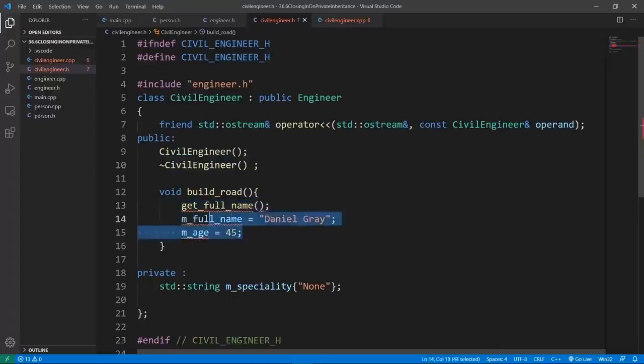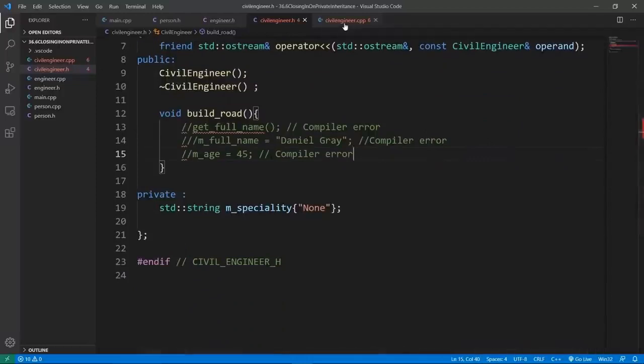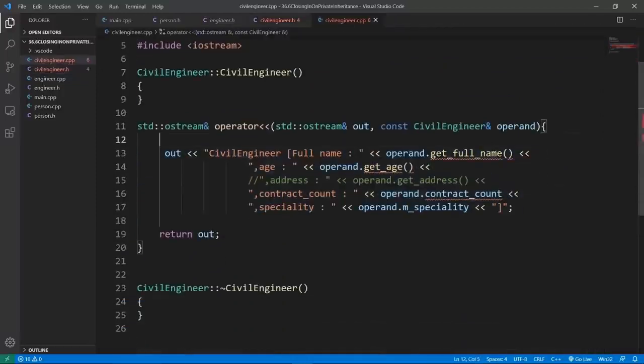So let's take these out and show you that even if we can't access these guys, they are still part of our CivilEngineer class, and we're going to use a debugger to do that. I am going to take out these things, or I can comment them out and say that they are going to give you compiler errors. I think this is going to be more descriptive. So let's say compiler error, and access to the age is also going to give you a compiler error. And we're going to go down and show you that we're also going to have the same problem in our